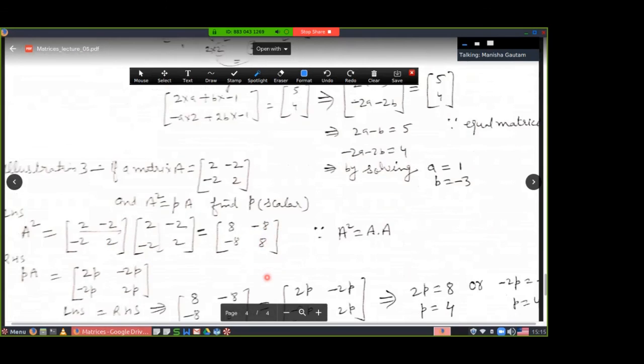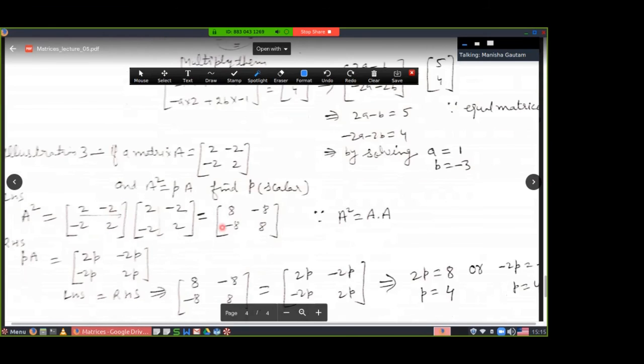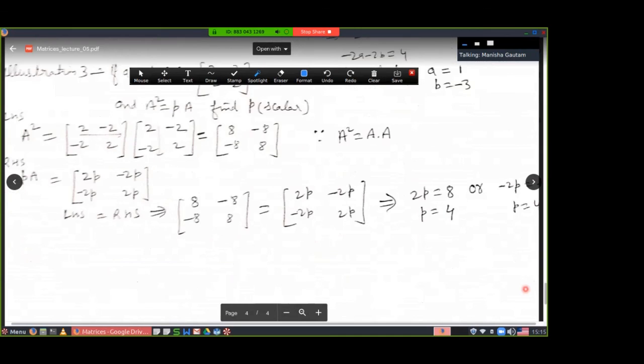And in the right hand side, you have to multiply matrix A by p. Each and every element of the matrix A is multiplied by p: 2p, minus 2p, minus 2p and 2p. Now left and right sides are equal. Put them equal. If corresponding elements are equal, you can find the value of p. 2p is equal to 8, it means p is equal to 4. You can put minus 2p equal to 8, again you are getting p equal to 4. And this is the process to get